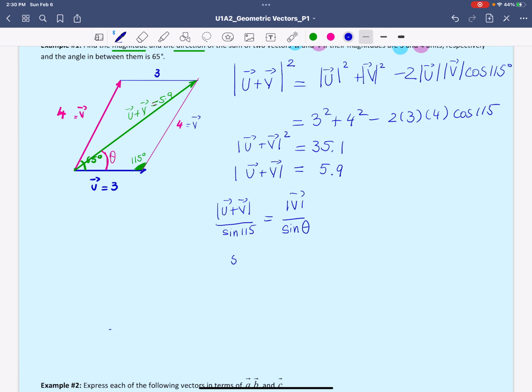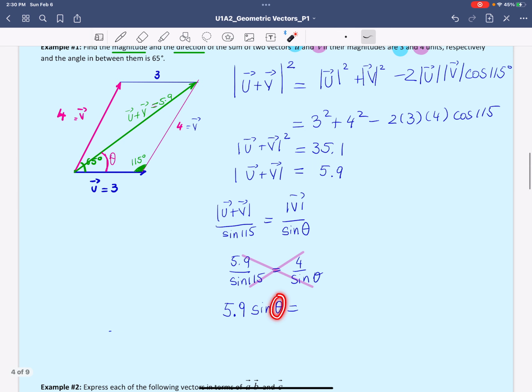So substitute, so we have 5.9 over sine 115 equals 4 over sine theta. Cross multiply. And when I cross multiply, I like to cross multiply first the part that has a variable. And also remember that whenever you have trig terms, it's best to keep the numerical part of the term in front of the trig term so that you won't confuse it with the expression inside the ratio. And that would be 4 sine 115. And sine theta would equal 4 sine 115